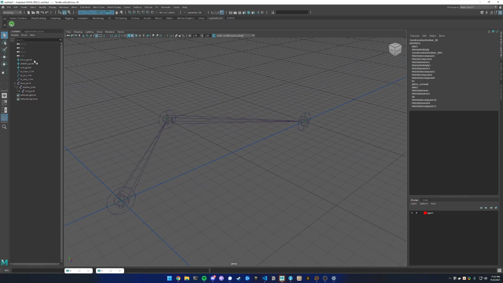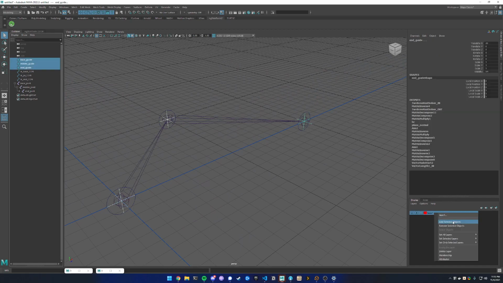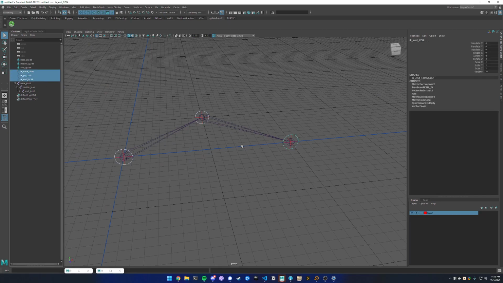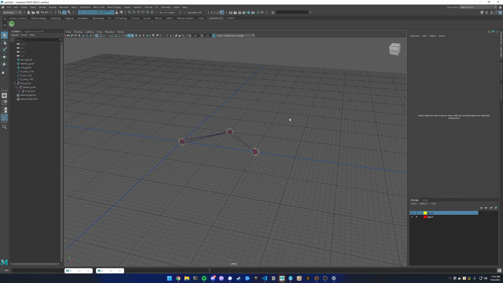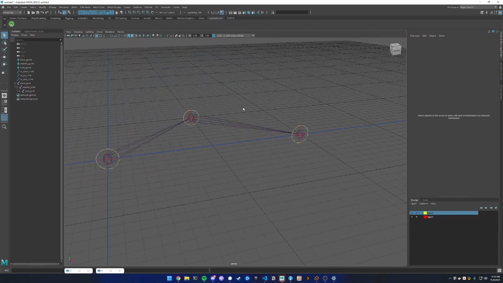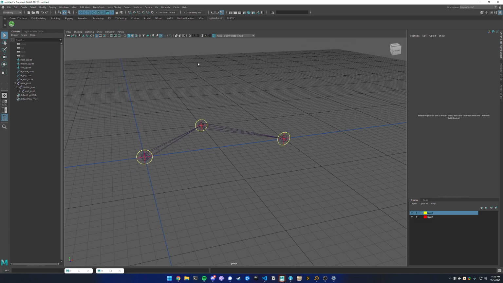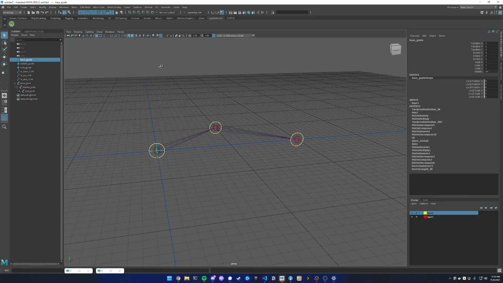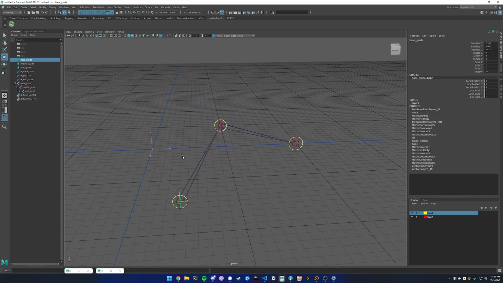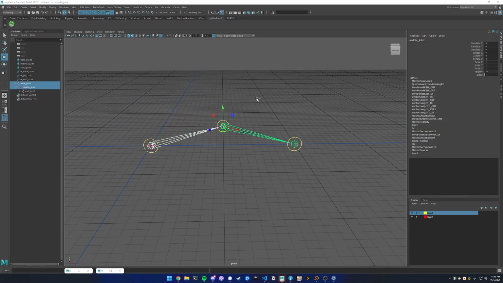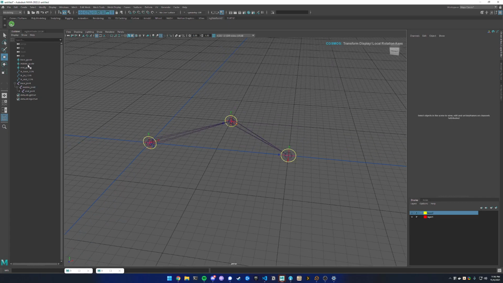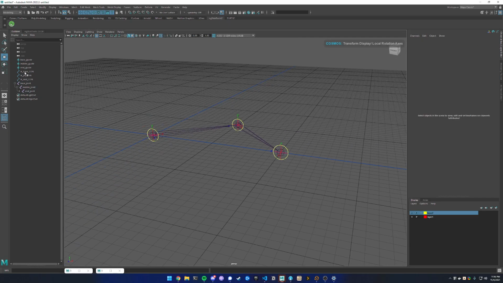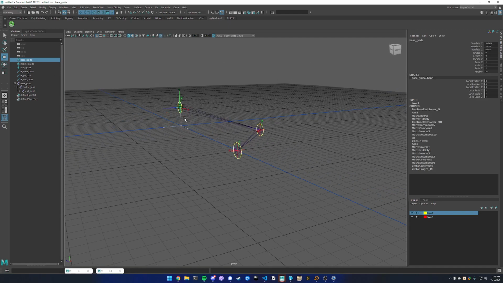So I just created a layer to add these locators in, just so that they are more visible, and I'll do the same for the controls. So in yellow are the controls, and in red are the locators, which are the guides that drive the rest position of the joints. So moving those guides, it's not very clear right now. Let me show the local rotation axis. Right, so if I move the guides, if you have a look at maybe this joint over here, you will see that